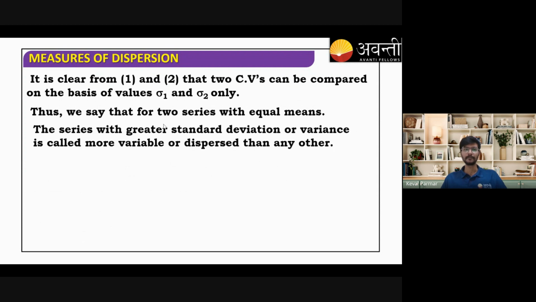The series with greater standard deviation or greater variance is called more variable or dispersed than the other. As we all know, what is the significance of variance or standard deviation? Variance basically gives us a number for how much the data is spread, right? So if the variance value is more, how much more is the value that we have to compare between two data sets? So it is not an absolute quantity, it is a relative quantity. That means if I have two sets of data, one set has variance 3, the second set has variance 10. So obviously,